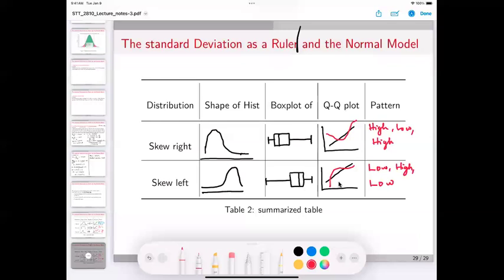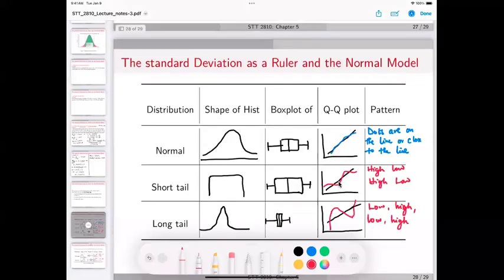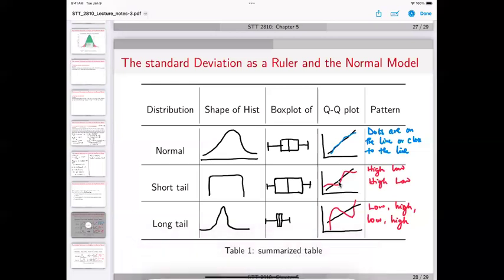And also their box plots are very easy to see. When it's skewed right, look at where the tail is. The tail is longer to the right side. If it's skewed left, the tail is longer to the left side. If it's normal, you see both of the tails are even. Is that okay? You could also use the interquartile range boxes to see. And for the long tail, it's also easier to see when you look at the box plot. The box was very small. It should also be easier for you to see. Is that okay? Any other questions? Okay. If you have no questions,